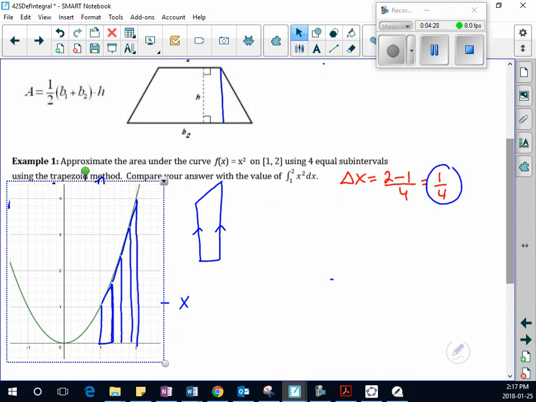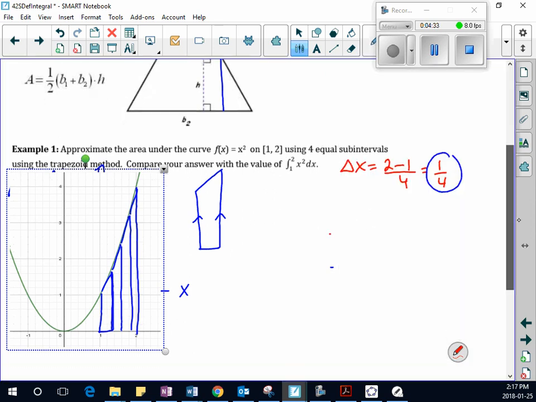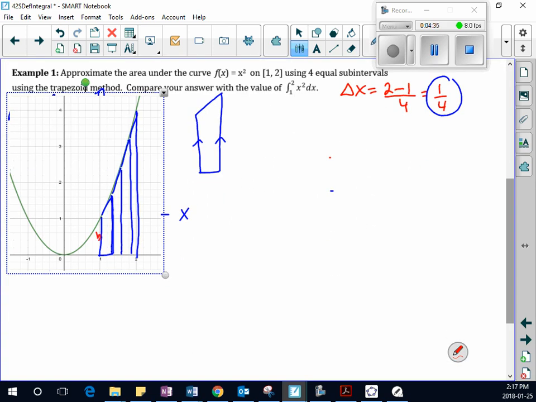Maybe I'll use different colored pens so you can see properly. Here's base 1 and here's base 2 in the first trapezoid. Here, I'll write it here, base 1, base 2. Of course, this is the height. The height and the bases have to be at 90 degrees, and it just so happens that it's one of the sides as well. Okay, so my area then would be: the first width is 1/4